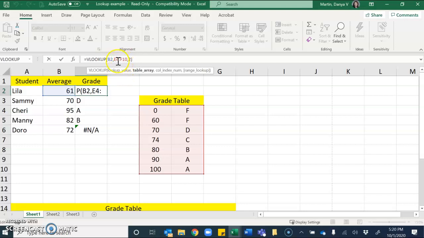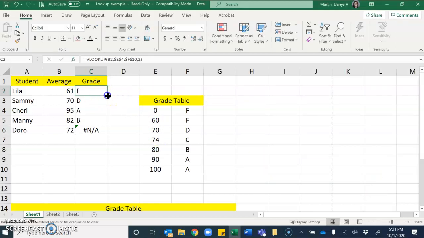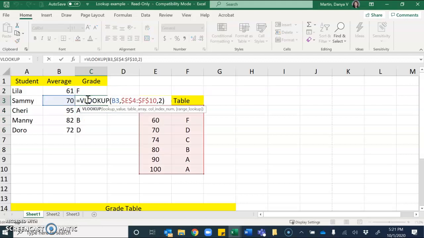The quickest way is to use, well, let me get it here, F4, and let's see if it'll do it in the function. Nope. All right, let me add those dollar signs manually. Make sure you're adding them before the letter and the number. And then that will hold that data fixed